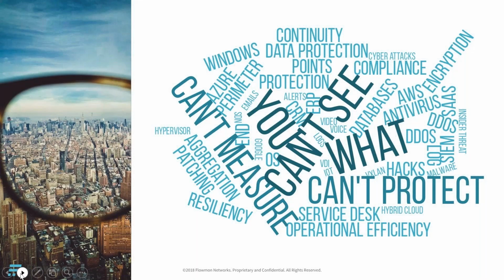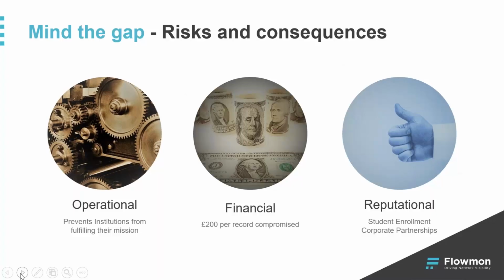So it's very important that entities try to think about IT service delivery from a visibility perspective. The consequences of attacks for universities are not really a laughing matter. On one side, we have operational impact, and we've discussed how universities are embracing digital transformation. Now we're talking about them being able